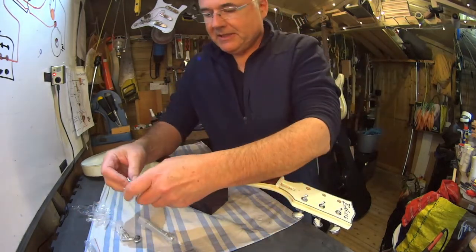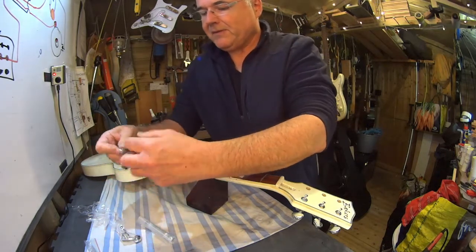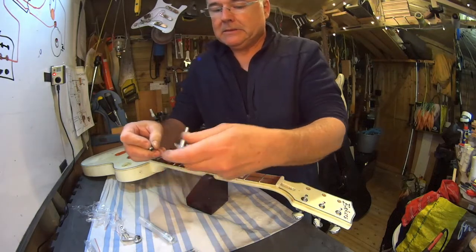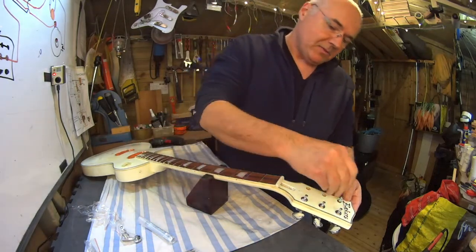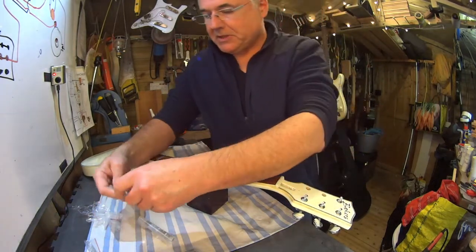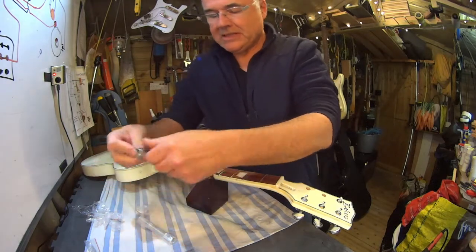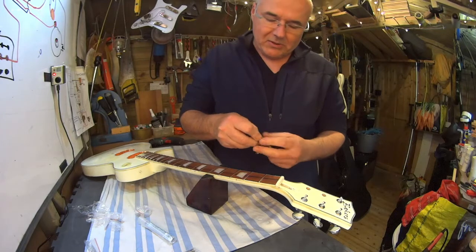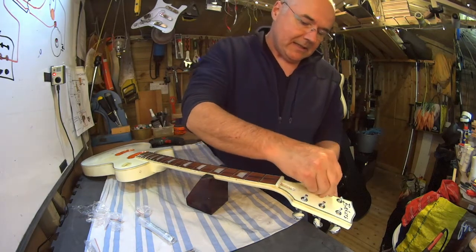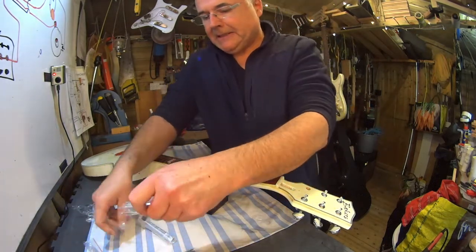Now these are supposed to be 3-a-side, so either I've just been completely lucky and picked the right 3 for the first side, or else something's gone wrong and I've got 6 in line here. Oh, the neighbours. Right, well, that seems to be right. These are, as it happens, Wilkinson Easy Lock tuners, so they have the double hole in the post thing, and actually that's not the primary reason I bought them. I bought them because they have the 45-degree screw angle, but also because they're 19:1, which is a really nice,